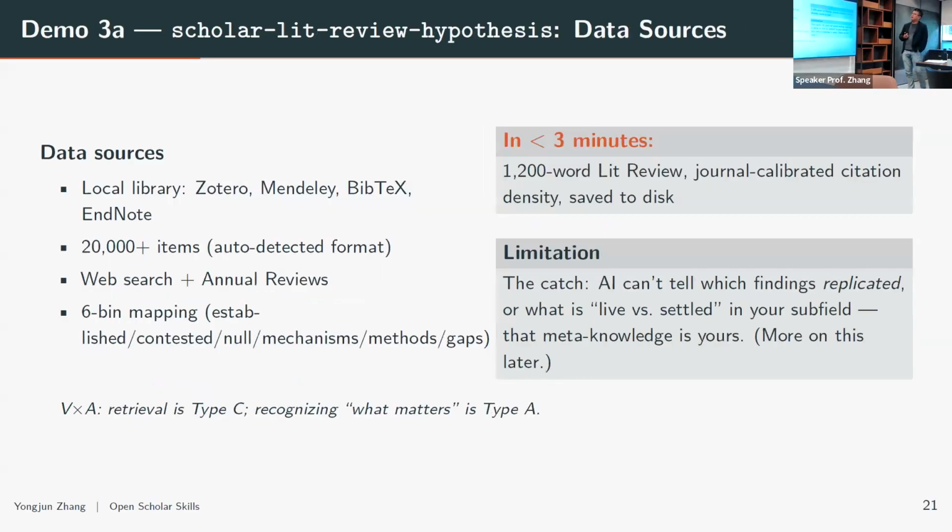Here, Scala review hypotheses, right? So here, again, I think every scholar should maintain a good, high-quality local library. That's very important, right? Again, you guys see a lot of skills, they are trying to query the databases, but they are only querying titles and abstracts, right? They don't have full access to the PDF. That means when you are maintaining a very good local library, right, AI agents can access these raw materials, right? That's why I was saying that you should